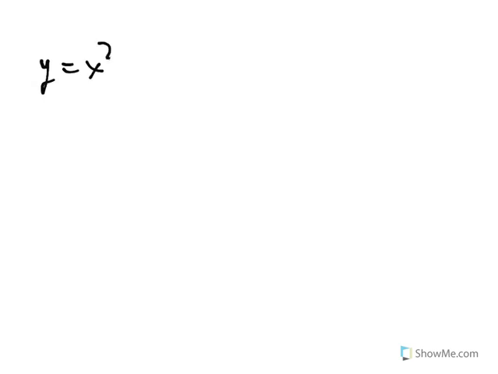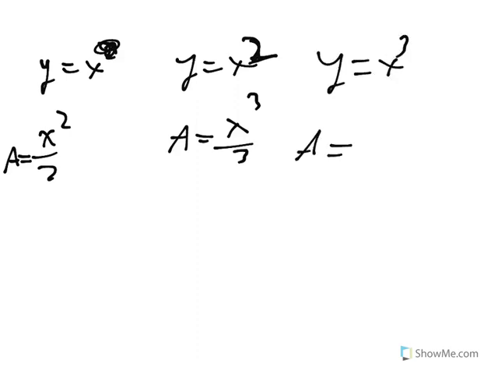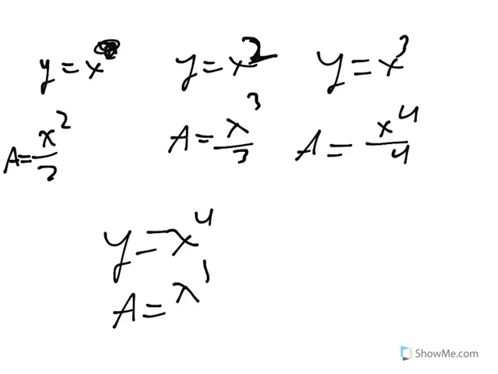When it was y equals x, the area was x squared over 2. When it was y equals x squared, it was x cubed over 3. And when it's x cubed, it's x to the 4th over 4. Suggests that if I kept going, I would probably get x to the 5th over 5, or in general,